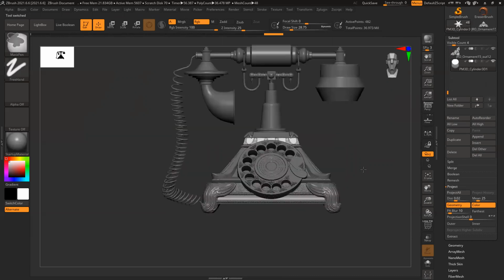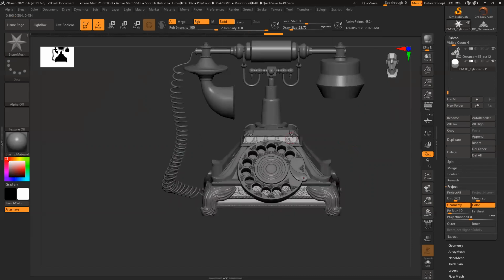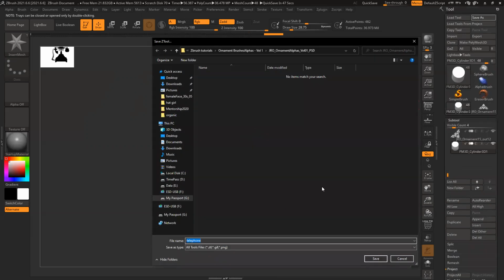So now I can see my model mesh is 36 million, almost 37 million. It's pretty high, so I need to reduce it now, because now my base high poly model is almost ready.